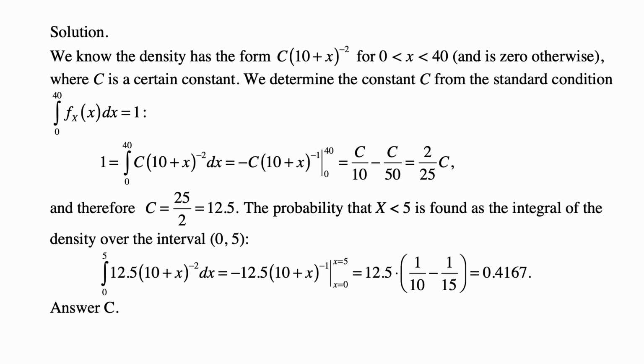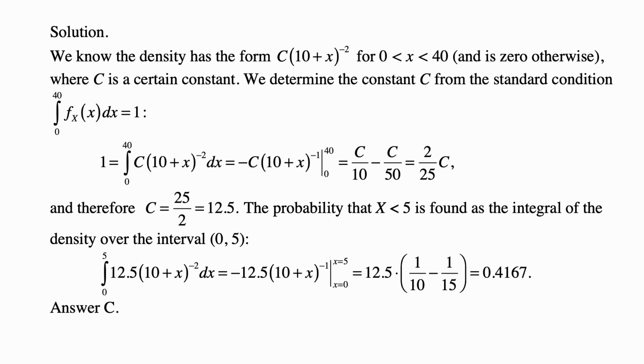We know the density has the form c times 10 plus x to the negative 2, because it's proportional to 10 plus x to the negative 2, so it's equal to a constant times that expression. And we can determine that constant from the standard condition that the integral of density has to be 1. And the density is only positive from 0 to 40. Therefore, 1 is equal to the integral from 0 to 40 of c times 10 plus x to the negative 2